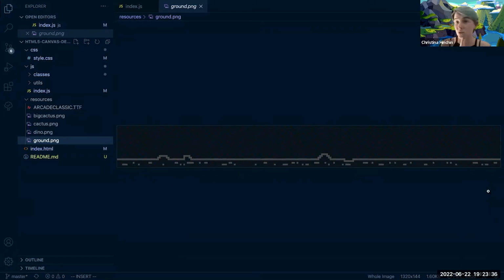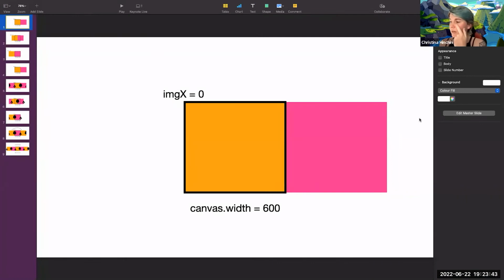So what I'm actually going to do is stack 2 images side by side, okay? And the way this works is, think of the canvas as being a sort of viewport, and all of the other things that we can draw aren't quite visible yet. So we have our viewport here, our canvas. In this case, it can be 600 pixels wide. And I'm going to have my ground image